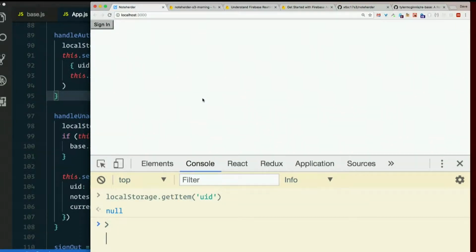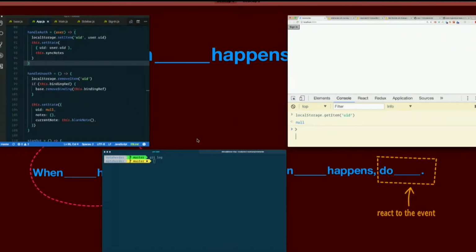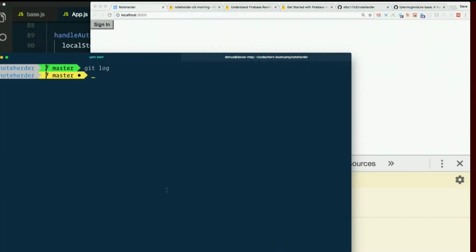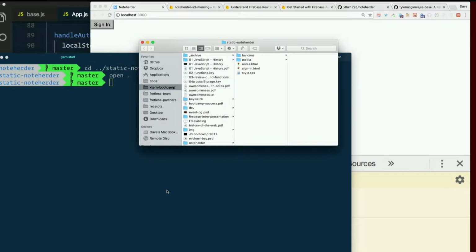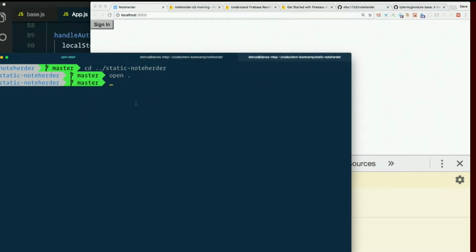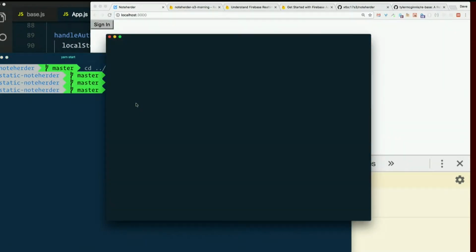Sign-in page doesn't look great. Remember the static project from way back when? Static note header. Oops. If we look at that,